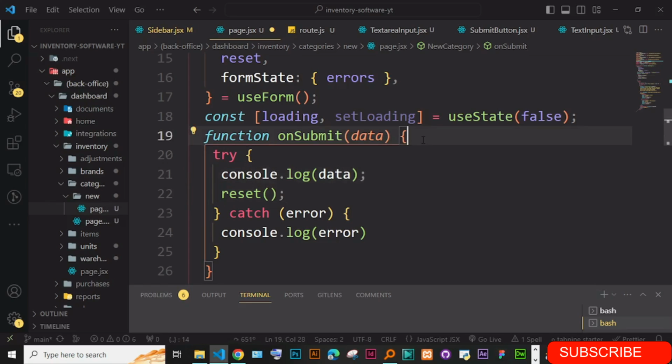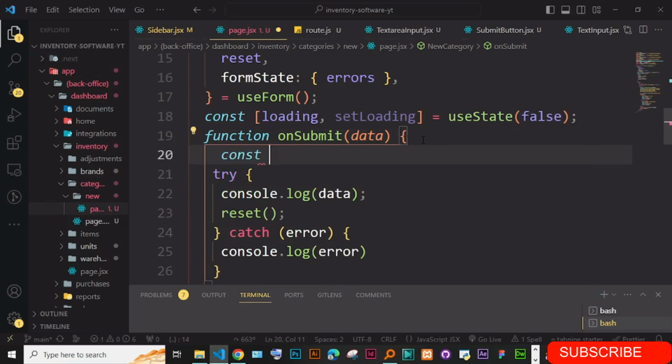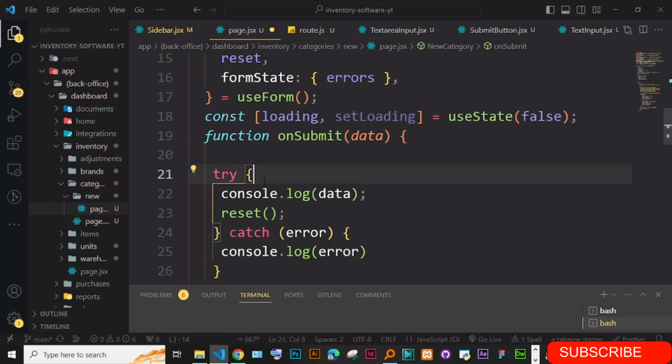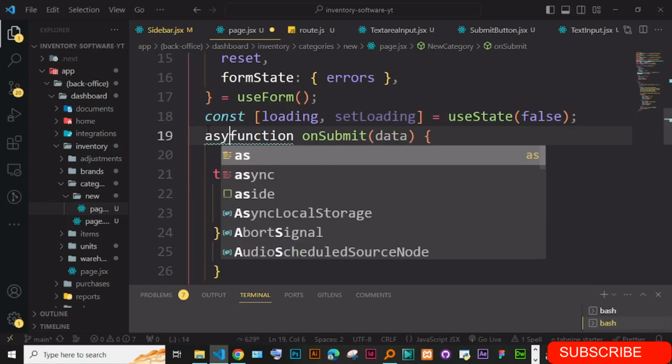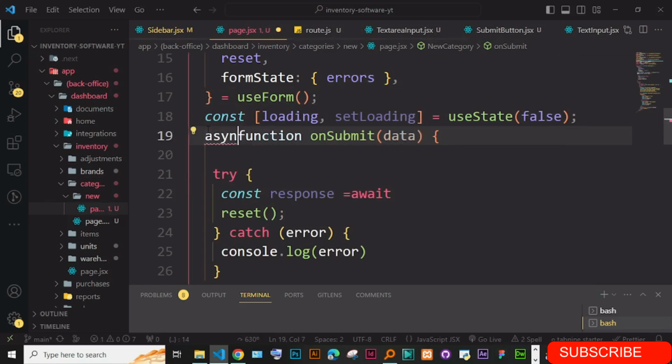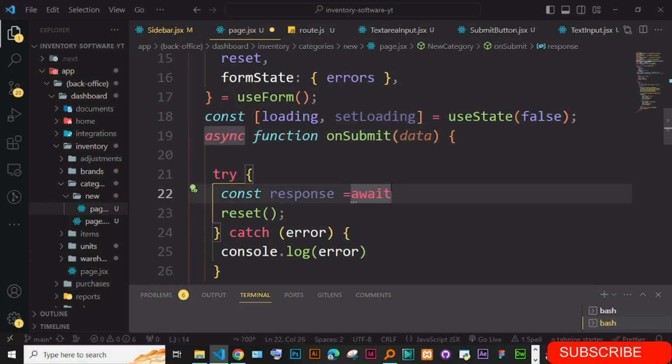First of all, I will store it later. Let me just say const response is equal to await, and this one becomes an async function, and we are going to await